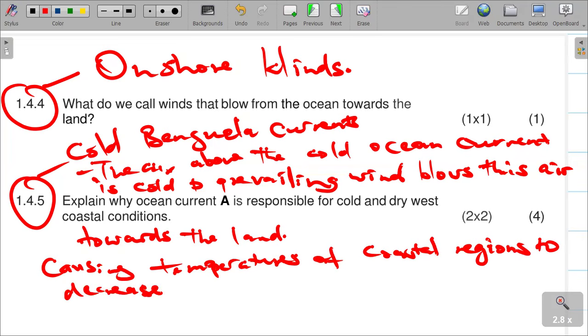So what happens is that when this air blows, these are called ocean currents, which prevail, and then they blow towards the land, which causes the temperatures of coastal regions to decrease. So places they flow past, their temperatures can also decrease. So the cold Benguela ocean currents cause the temperatures of places on the west coast